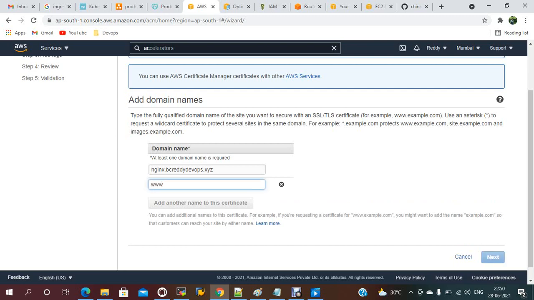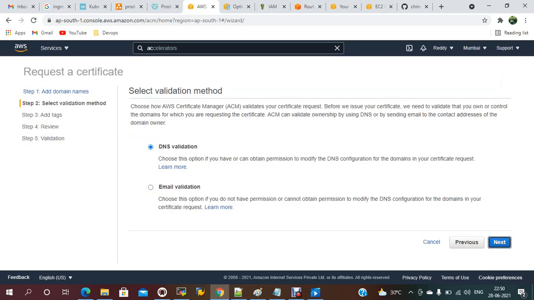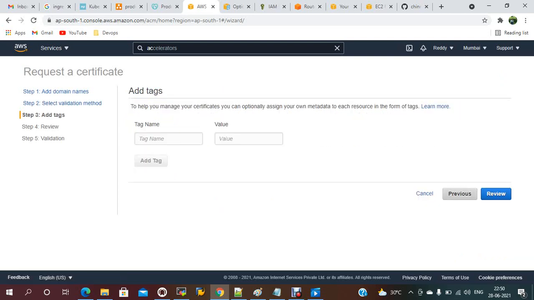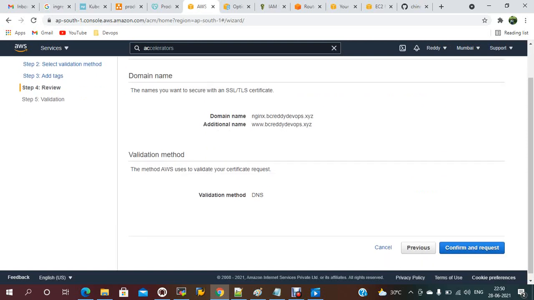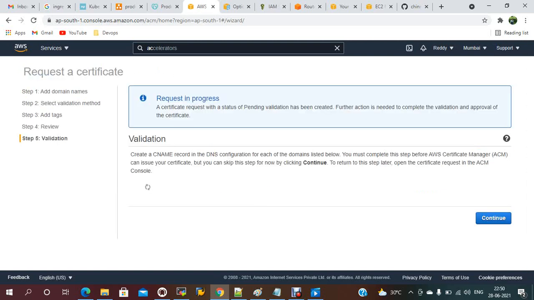Let me try with this also. Next, domain validation, add tags. Tags, I don't need anything. Domain certification.